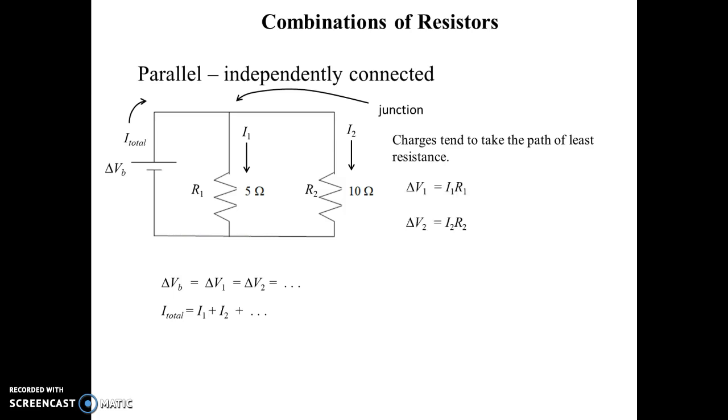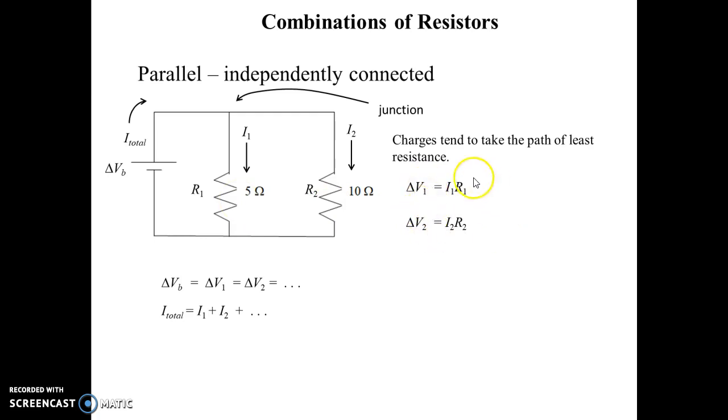Continuing to look at the patterns, we should be able to see that delta V1 equals I1 R1 and delta V2 equals I2 R2. This is most easily seen for the 10 ohm resistor. If you look at delta V10, it should be about 10 times the current through the 10 ohm resistor, I10. Might use a calculator to see the relationship of the 5 ohm resistor, but the point is that again Ohm's